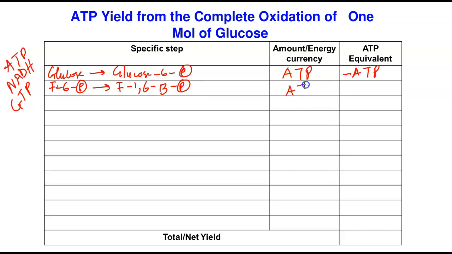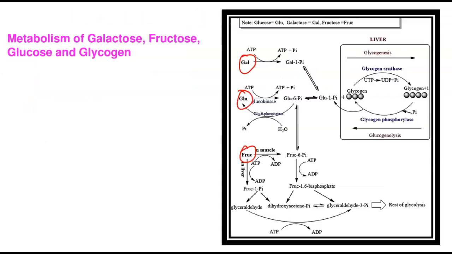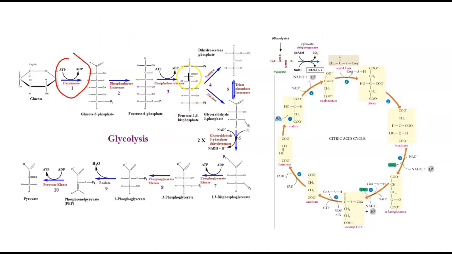Again, when ATP was used here, what that simply means is that we lost another ATP at this point. We now continue and keep looking. What else is happening? If you go back to this again, nothing happens here, no ATP here, nothing happens here, nothing happens here. Look at where something is happening again. Look at this. From this reaction now, glyceraldehyde 3-phosphate was converted to 1,3-bisphosphoglycerate and NADH was produced.